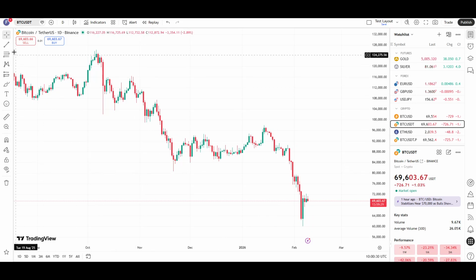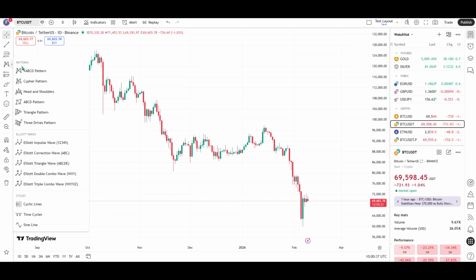First, look at the left-hand toolbar in TradingView. This vertical bar holds all your drawing tools. Find the fourth icon from the top and focus on the small caret icon next to it. Go ahead and click that caret. This action expands a panel of additional tools that aren't visible by default, which keeps your workspace tidy until you